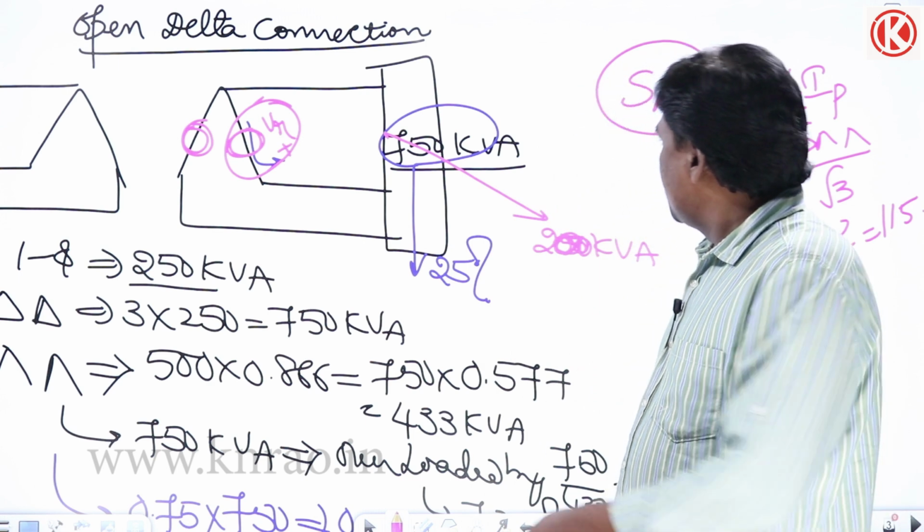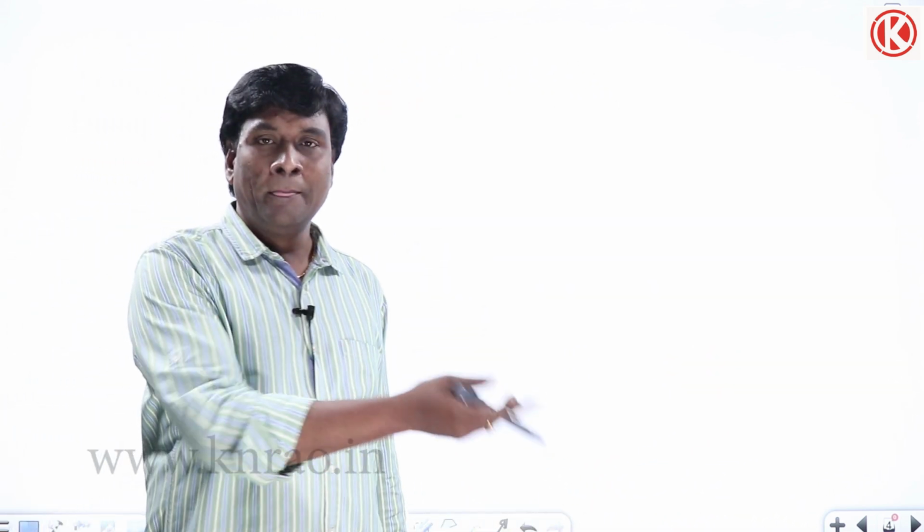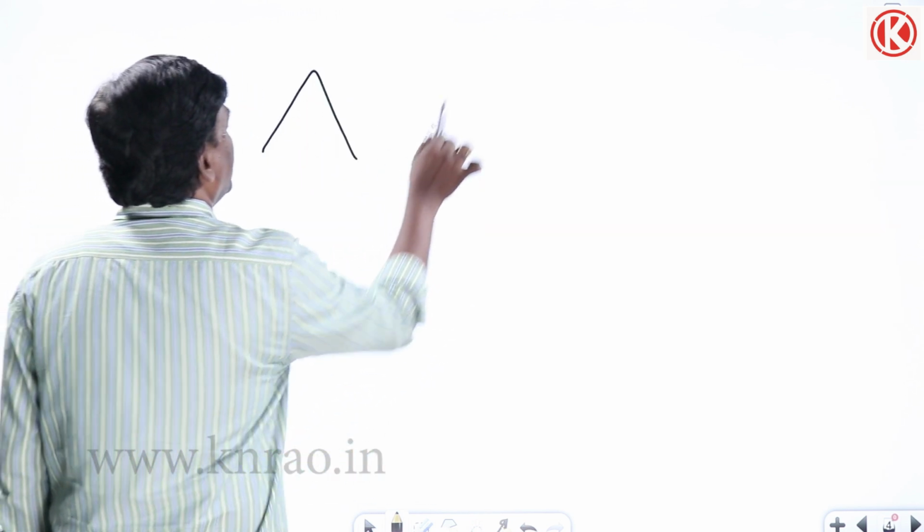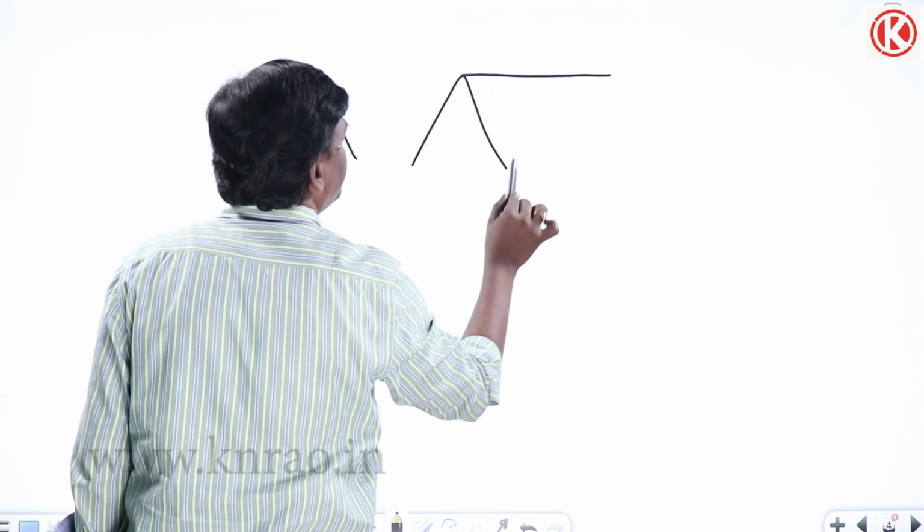Okay. Now, in order to analyze what is happening inside, or why 100 plus 100 cannot be 200, it will be less than 200 by root 3 and all. So why this is happening, in order to know that, we should understand the phasor diagram. And in the phasor diagram, the main point here is, if you think of open delta,